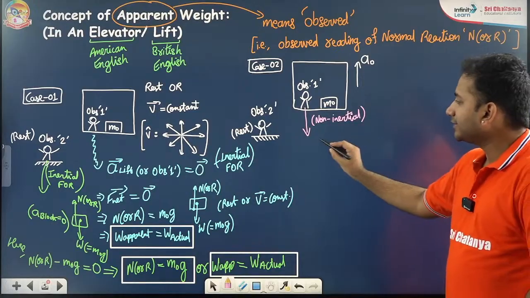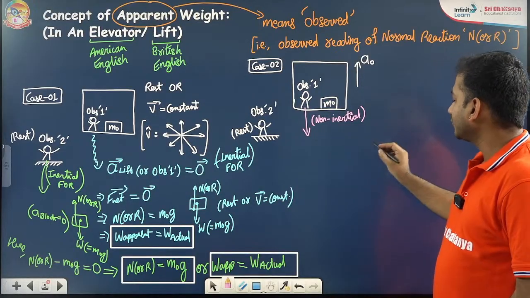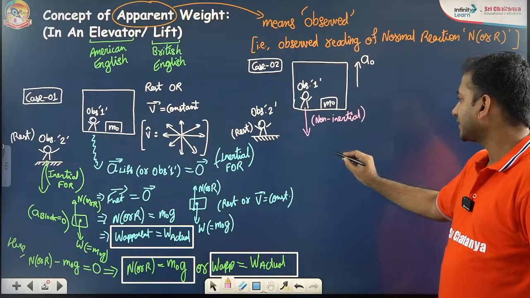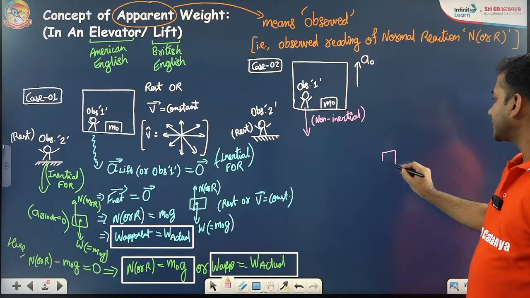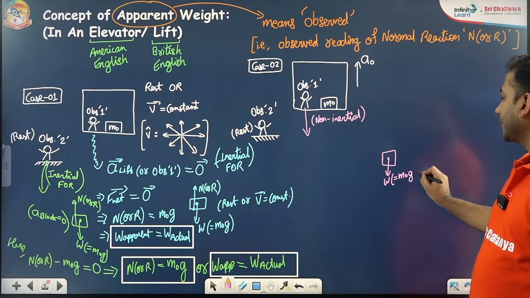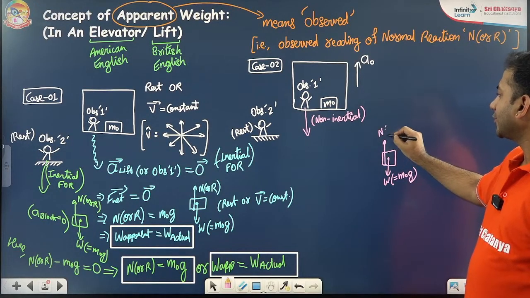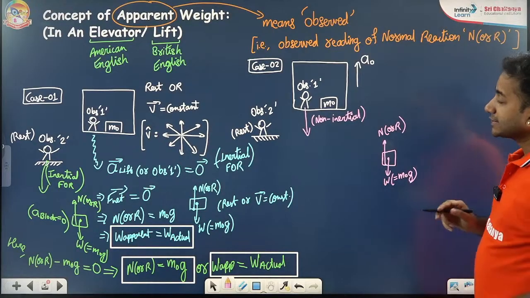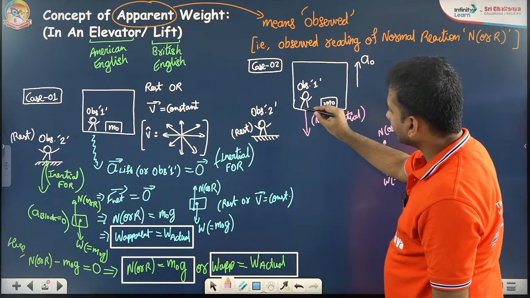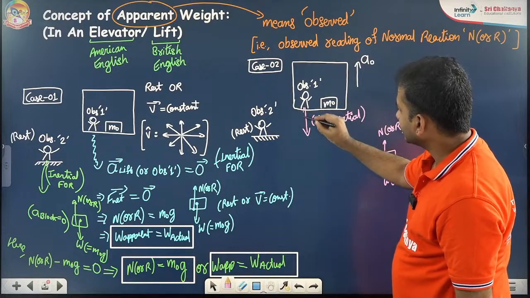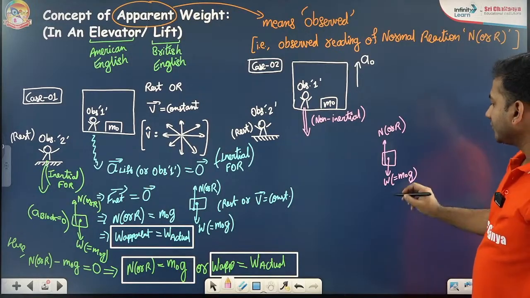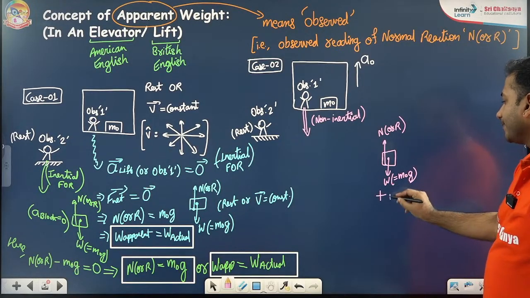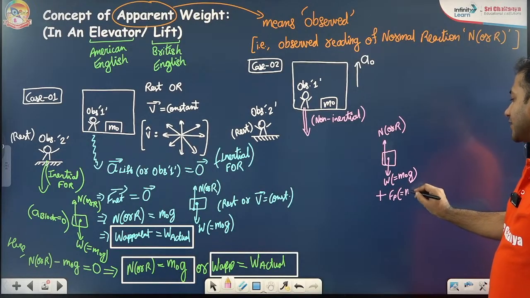In this case, you will say that the forces which you observe are basically these. There is one W equals m naught g downwards, there is one normal reaction N or R upwards. Now, since the observer is accelerated up, the pseudo force on the block will be acting down. So there will be a pseudo force also acting down,